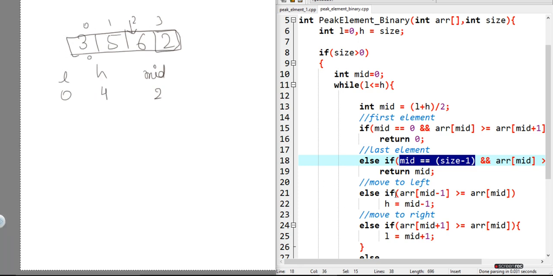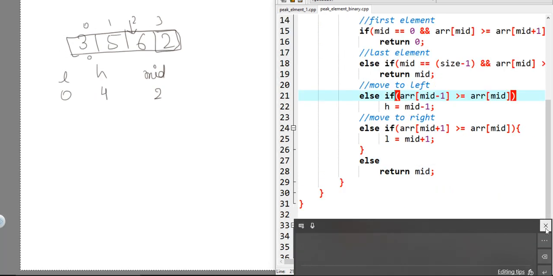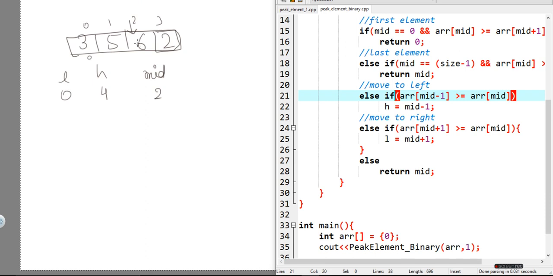Now here we have tested whether mid minus 1, which basically means the left neighbor, is greater than this current 6, no, this is not the case. So we check mid plus 1, the right neighbor, is it greater? No, this is also not the case.